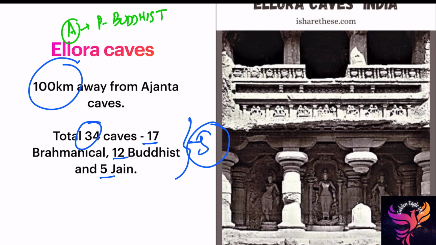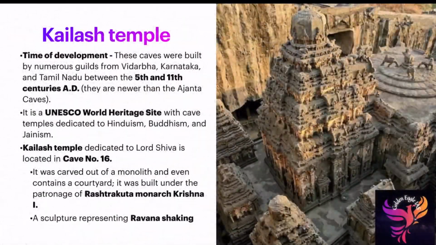Just remember the thing, because the statement can be asked in a way: Ellora caves are entirely Brahmanical, or Ajanta caves, the paintings and rock cut architecture were secular in nature. Both statements are wrong. Okay, you have to remember the fact. This temple, I'll show you in the next image. These temples and monasteries extended over 2 kilometers were dug.